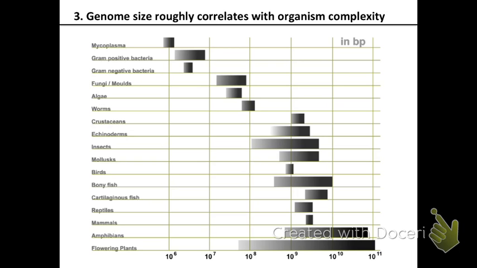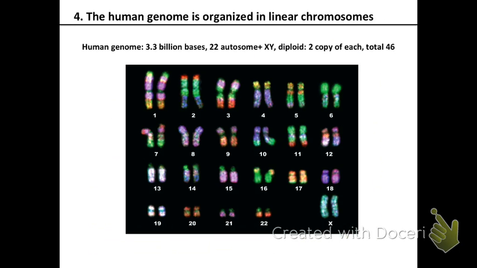All right. So the human genome is organized like many vertebrate genomes into chromosomes. So you can think of this like if it's a book, it's like the chapters of the book, right? So it has about 3.3 billion bases. It's organized into 22 autosomes. Autosomes are every chromosome that is not a sex chromosome. And you have the sex chromosomes X and Y. And humans are diploid animals, so we have 2 copies of each chromosome, totaling 46.